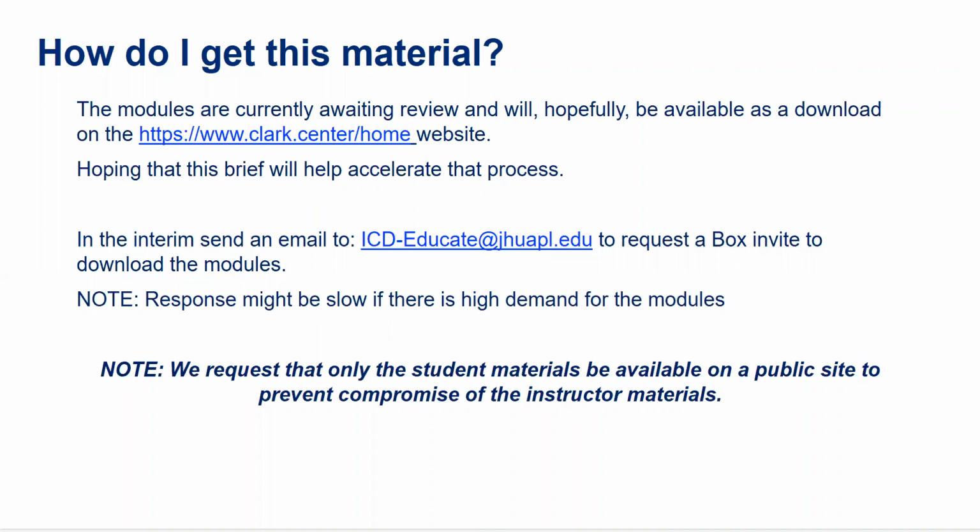But in the interim, you can send an email to icdeducate@jhuapl.edu, and I will send you a box invite to download the modules. If I get hit with a pretty high number of requests, the response might be pretty slow to come back to you. But I will get you the invite so you can download the modules for use in your own